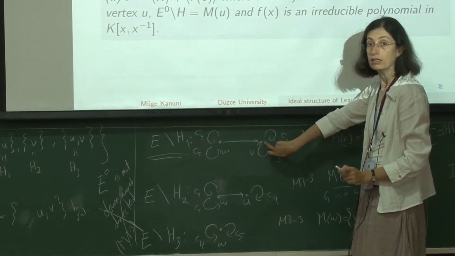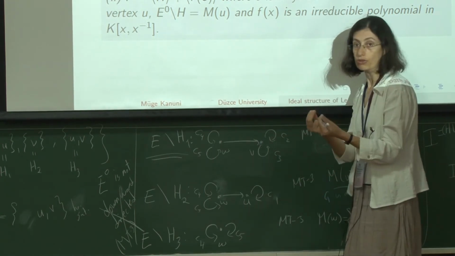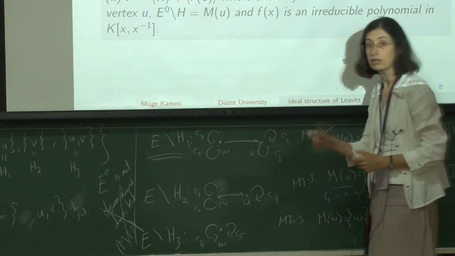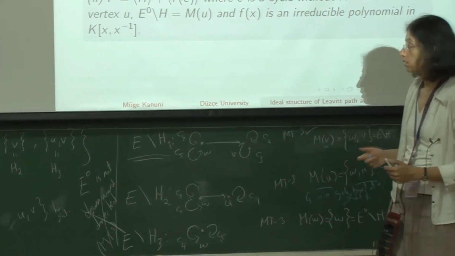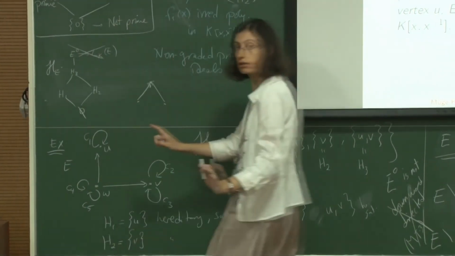B. Okay? So it's downward directed. There are only two vertices, and if I take two vertices, they connect at B. So they are downward directed. This one is not, because if I take,